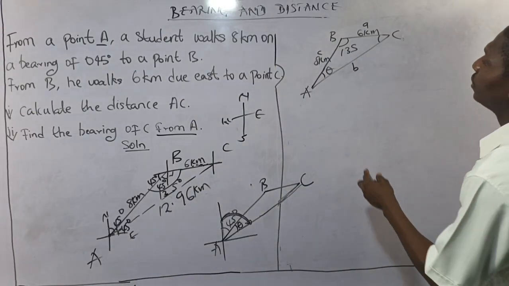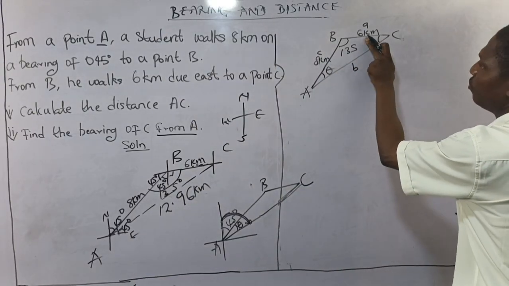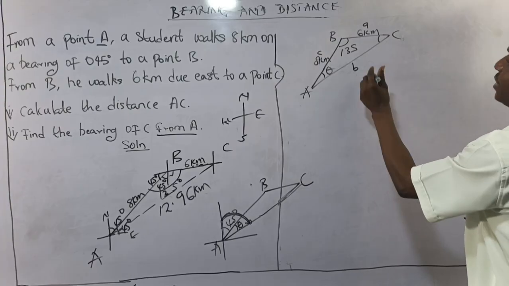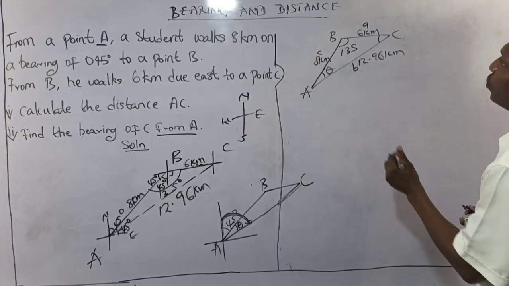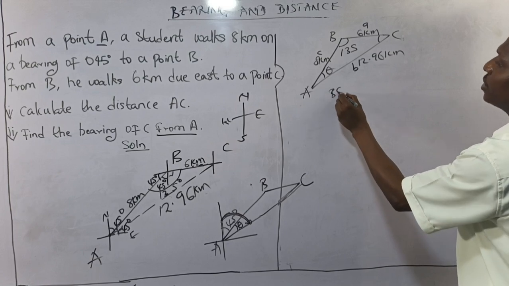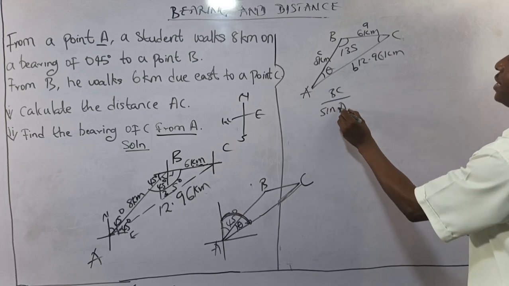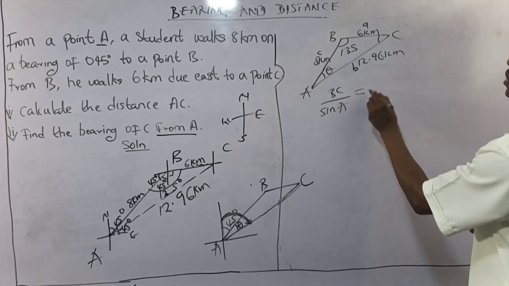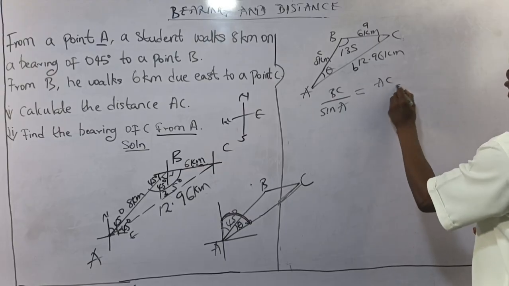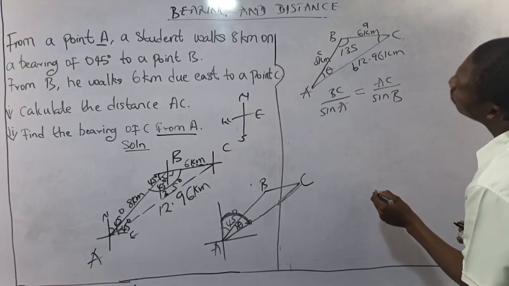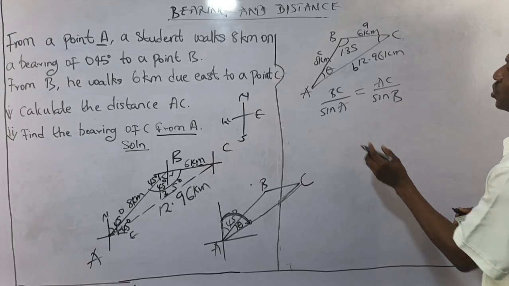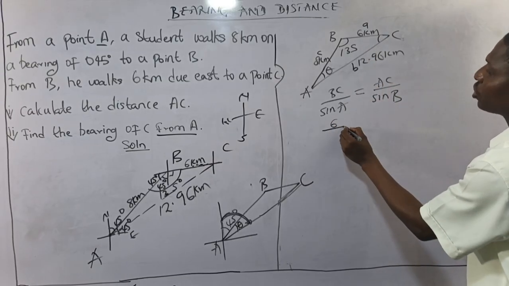Now, you can see that theta is facing 6 kilometer, and I've gotten my B already as 12.96 kilometer. Now I can use my sine rule to have BC over sine A equals AC over sine B. Now, my BC is 6 kilometer, which is 6 all over